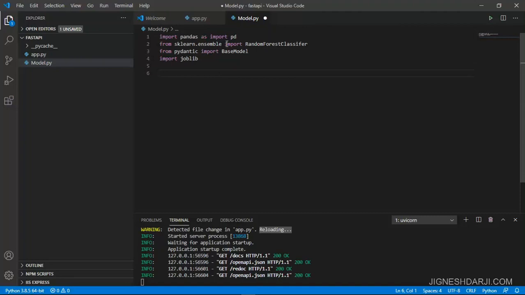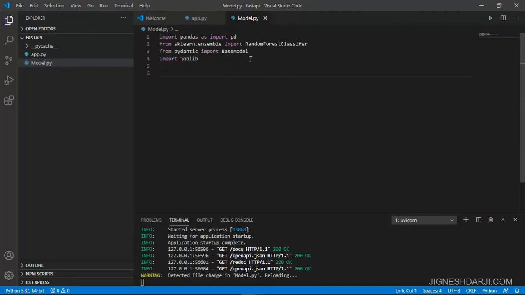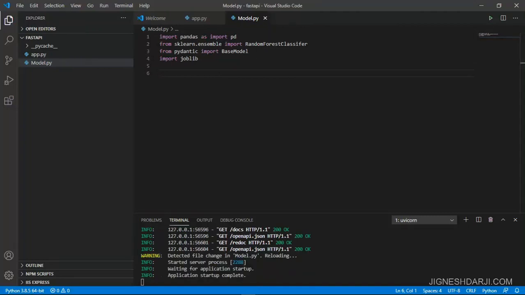These libraries are related to some features from data science, NumPy and machine learning. If you don't already have these libraries installed in your system, you need to install all of them first, and then we can import them over here.